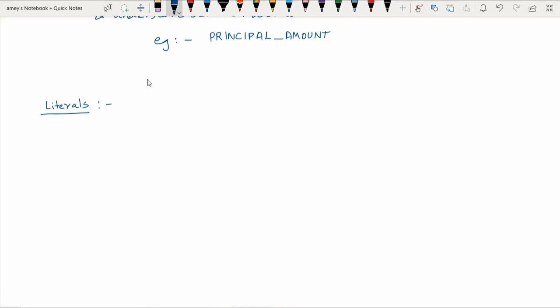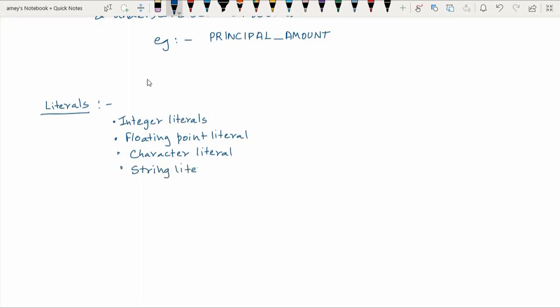Now in Java there are different literals. You have integer literals, floating point literals, character literals, string literals, boolean literals, and null literals.